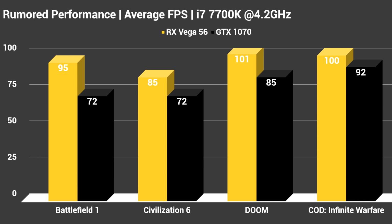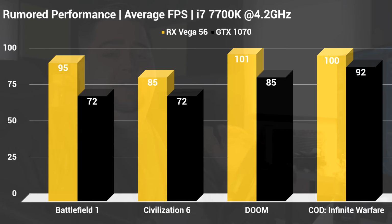But taking a look at those numbers now with the RX Vega 56 and the GTX 1070 as reported over on Tweaktown, we can see that the RX Vega 56 is doing very well, beating out the GTX 1070 quite handily here in the select group of titles. We could see in Battlefield 1 it got 95 versus the 72 FPS of the GTX 1070, while in Civ 6 it was 85 to 72. Doom was at 101 to 85, and finally Call of Duty Infinite Warfare was the closest matchup, and that won by 100 to 92. So it was a clean sweep across the board in these 4 titles for Vega 56